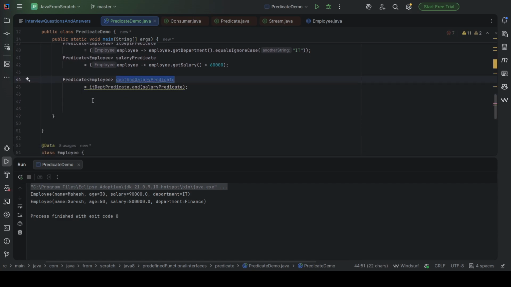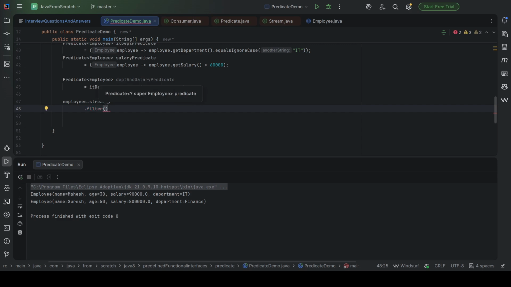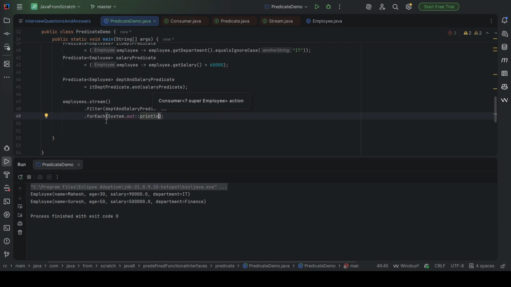Now this third predicate we can use inside our filter method. Okay. So employees.stream().filter(), department and salary predicate, .forEach we can print it.